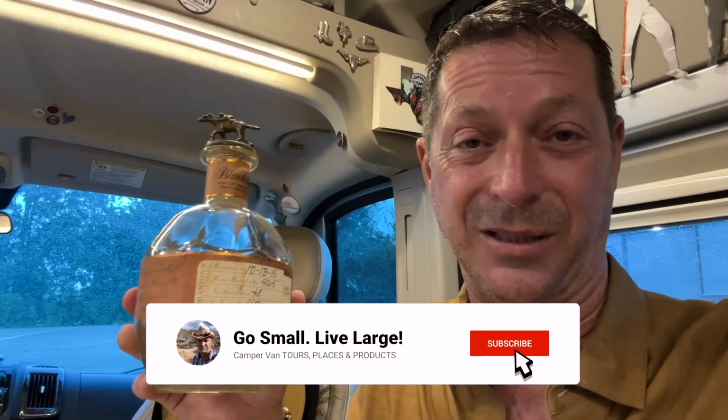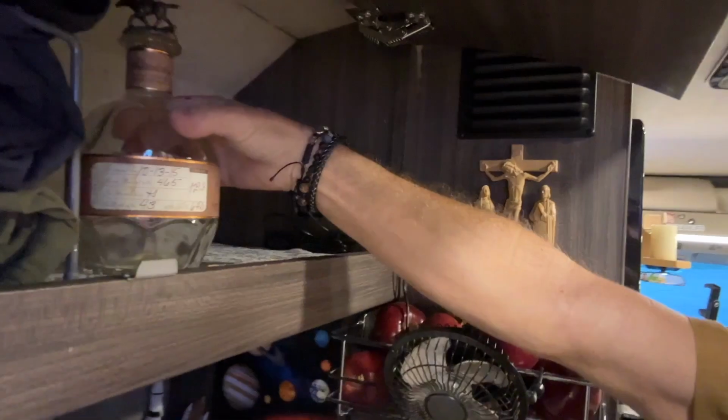This bottle, having discovered that half of it was gone, I put it up here with the rest of my collection, which I've now emptied out, and it would sit right here. But because I didn't have the collection stuffed tightly so bottles wouldn't move, when I got back from a trip to the Chicagoland area, the van was parked in Denver. I came back to Denver, got in the van, I was headed to a Harvest Hosts site,